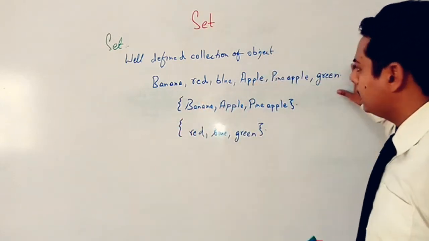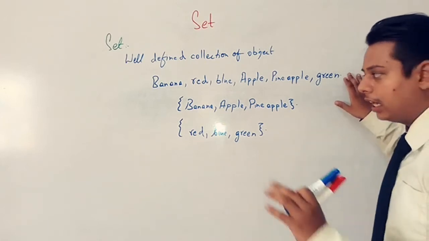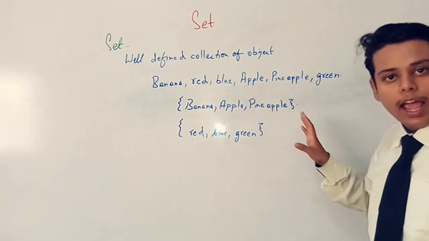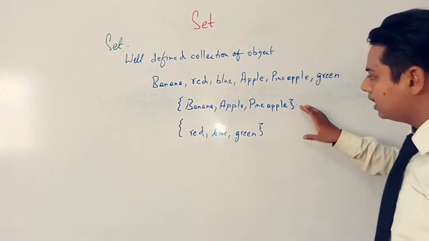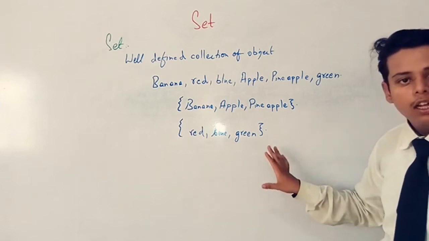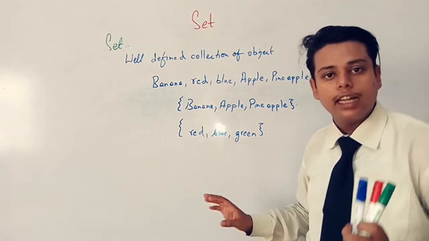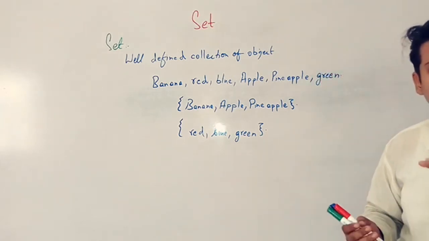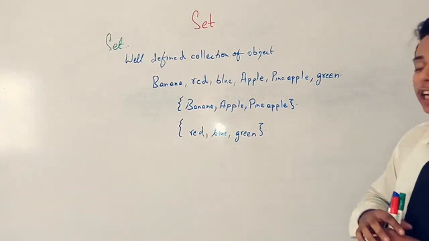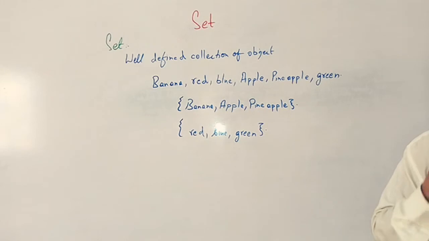Let's suppose we are having a data over there. Means banana, red, blue, apple, pineapple and green. In this data or in this collection of the things, we have two different kinds of groups over there. Some are the colors and some are the fruits. So we just make a different group of it. Means one group we have made of the fruits and other one is the colors group. So that is the set. That is the use of the set. Set is basically used for grouping the things in a different groups. सही? जब भी हम सेट्स की बात करते हैं तो हम सेट्स को क्यों यूज कर रहे होते हैं? अलग-अलग तरह की चीजों को अलग-अलग तरह में सेट करने की बात कर रहे होते हैं.